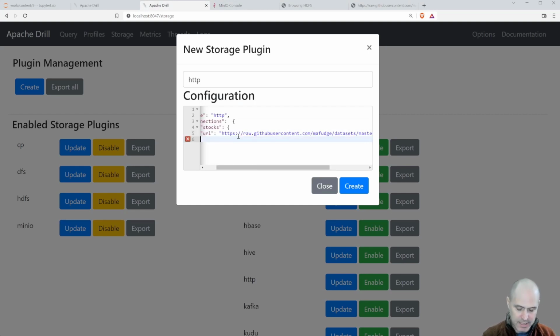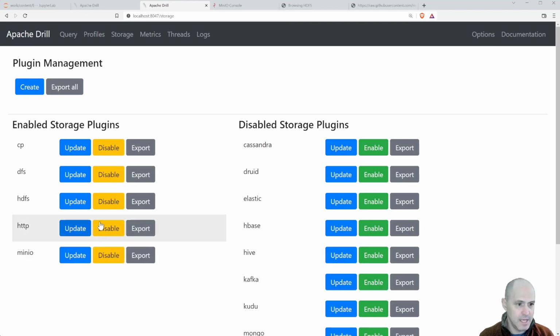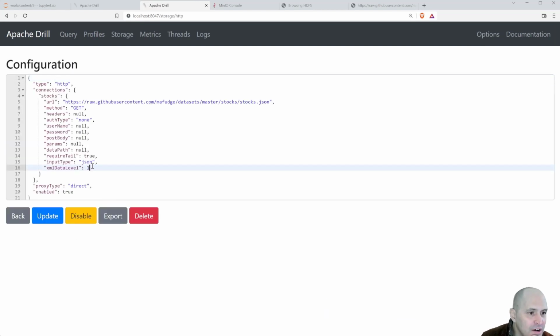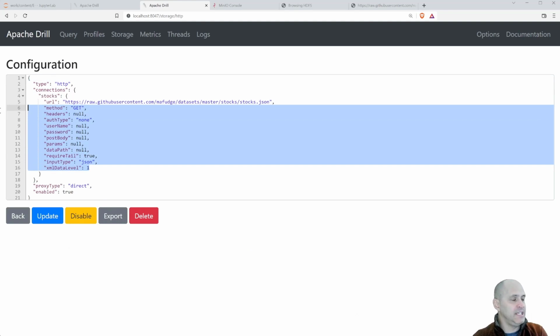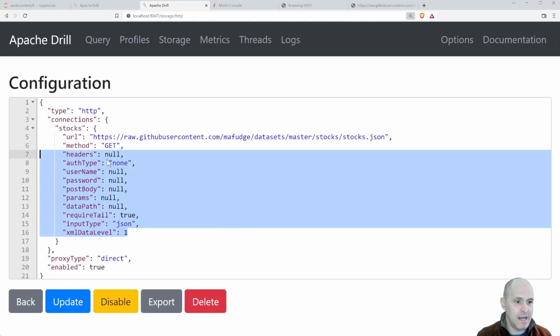And then I'm going to put in a closing bracket for stocks, and then another closing bracket for connections, and then a final closing bracket for type. And then I'm going to hit create. And then it's over here, HTTP, and I'm going to enable it. And then I'm going to update it and show you that it adds a whole bunch of options in here. These are all the default options that it will set on there. Okay? So now that you understand that,